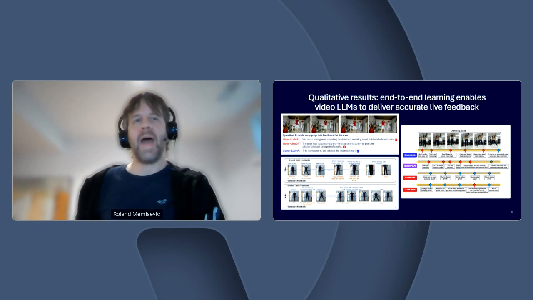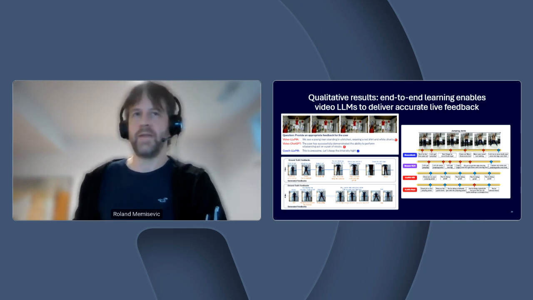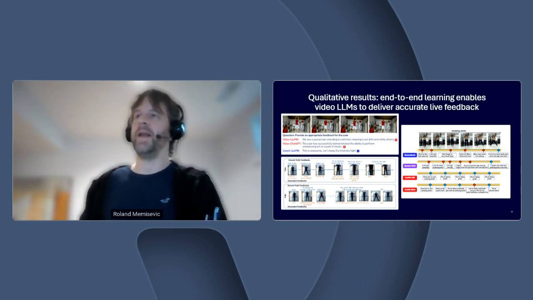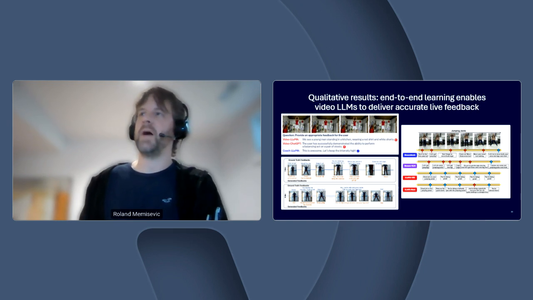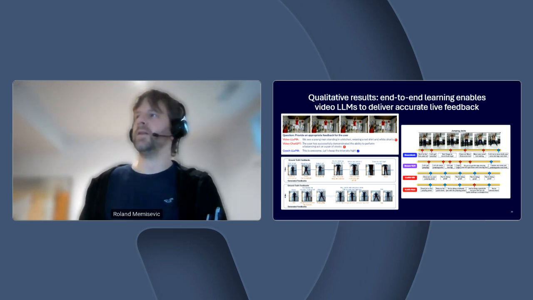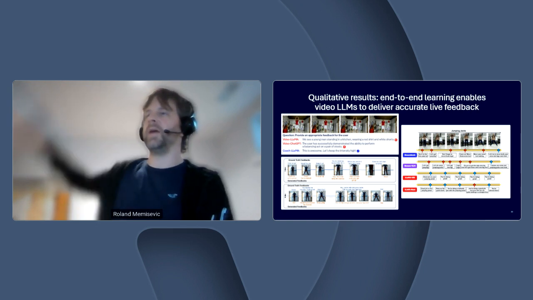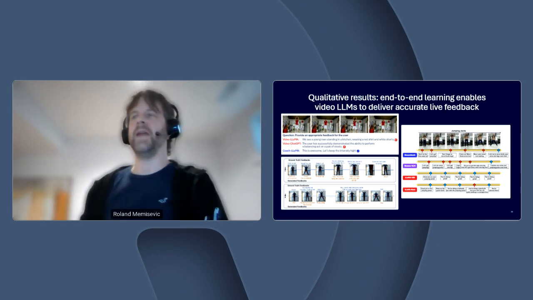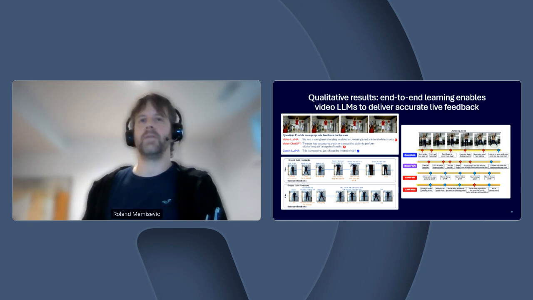The left panels here show the comparison to what a model trained this way says to what a model says that is just prompted. So there are lots of video LLMs out there now. Most of them are video conditioned, as I mentioned in the beginning. And evidently, if they haven't been trained on this grounding data, where they really understand how exactly did you move your arm as you're trying to do this jumping jack, etc., then there's no way that it can provide common sense responses to how you're doing. And so it's just a lack of grounding that shines through here.